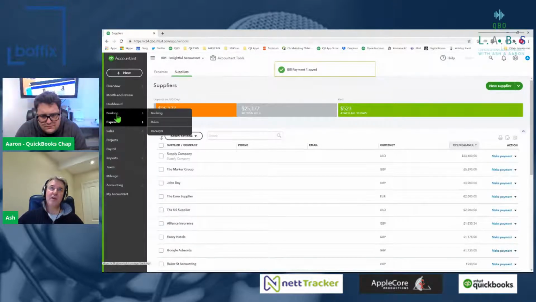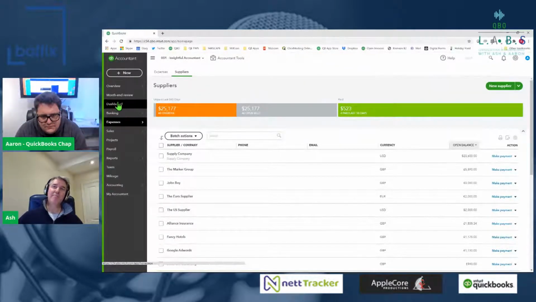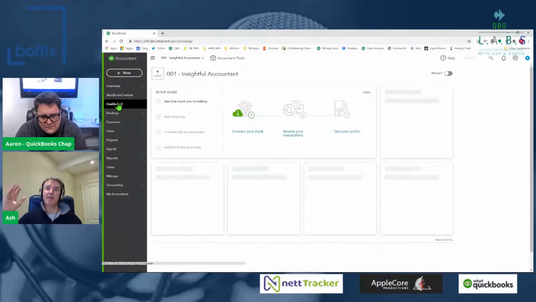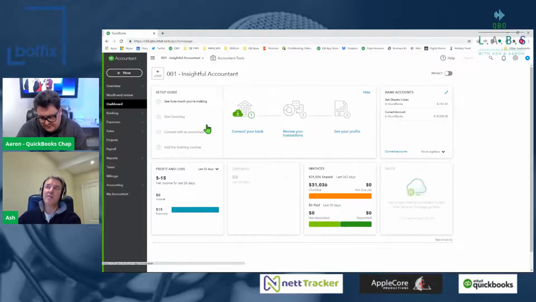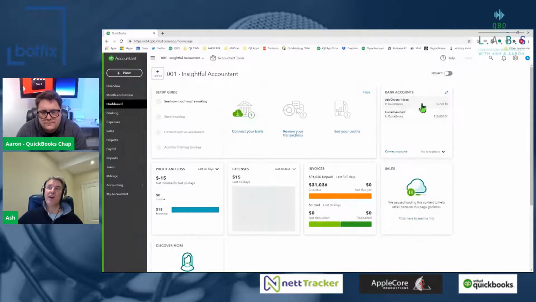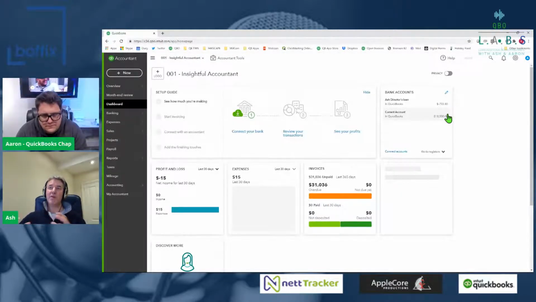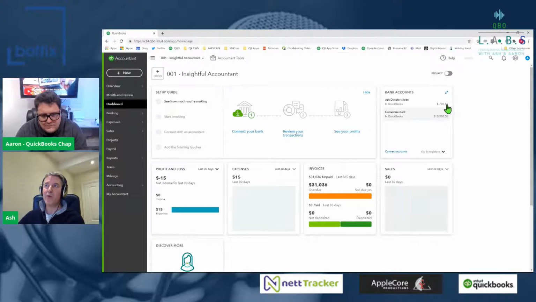Now, if I come into my dashboard, any bank account that is in use will appear with a value against it. So I can see that my Ash Director's Loan is appearing there as a negative value of £705.85. We don't actually want that value there now. It's come to the end of the year, the end of the quarter, so I'll probably just wipe that or adjust it now to my director's loan.